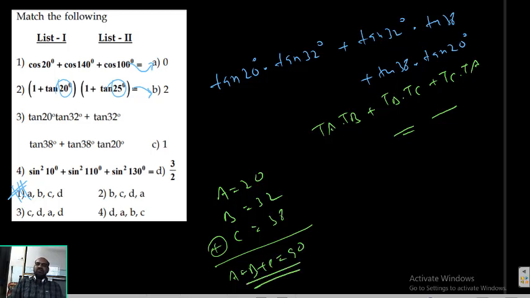So indirectly, what is the question? If A plus B plus C equal 90, then what is the value of tan A into tan B plus tan B into tan C plus tan C into tan A? Now I can say 1 only. So I will show you how you got that 1. Tan A plus B plus C formula,